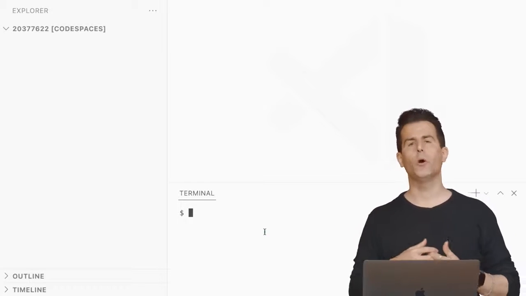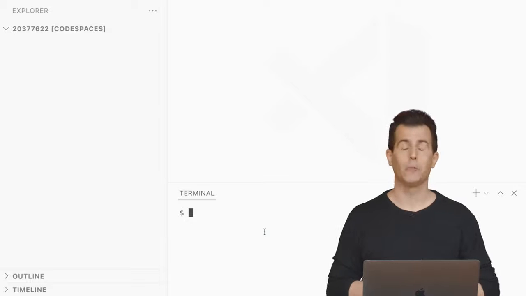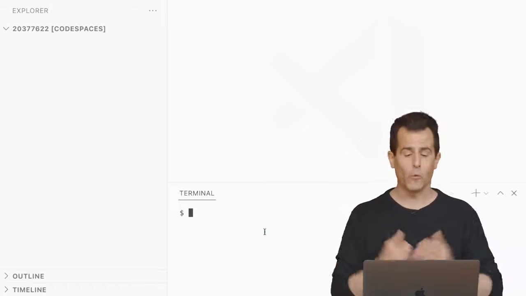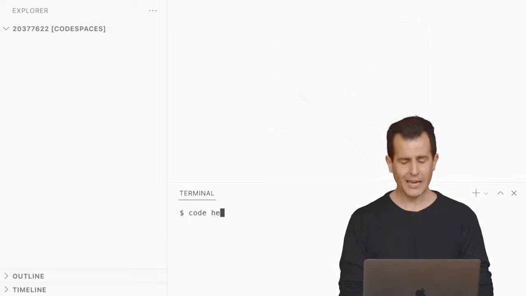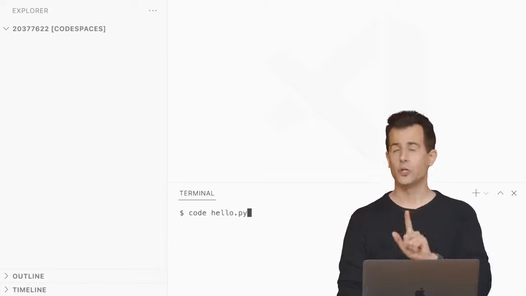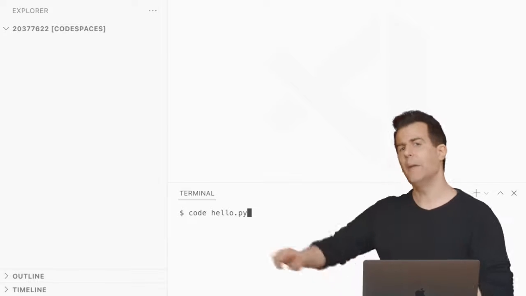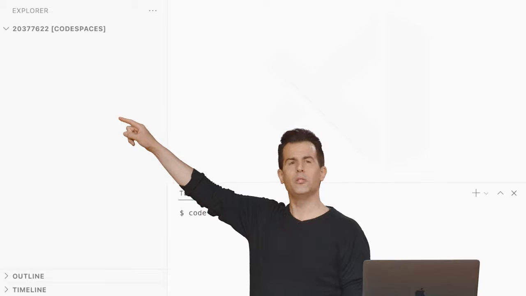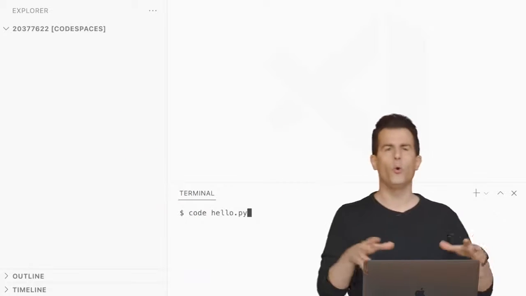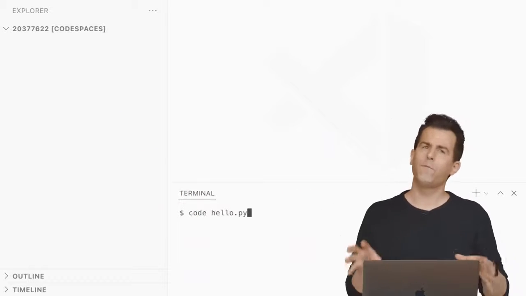And suppose that I want to go ahead and create my own first program called hello.py, a program written in Python. In my terminal window, I could type code hello.py and hit enter. But before I do, notice at top left in my so-called file explorer, there's technically nothing there. There's some mention of codespaces and some mention of my own unique ID, but there's no actual files or